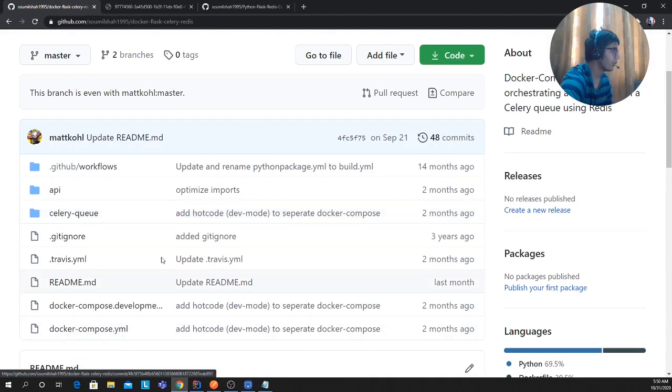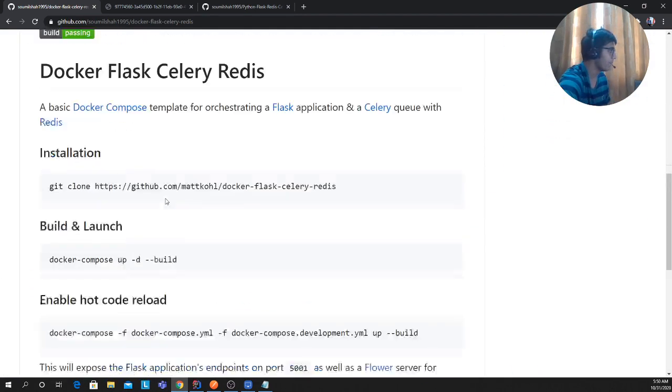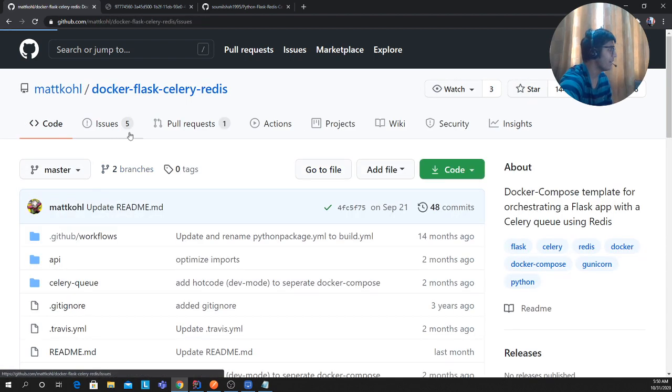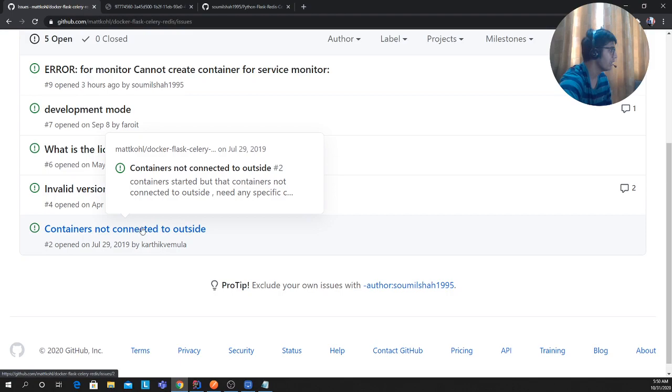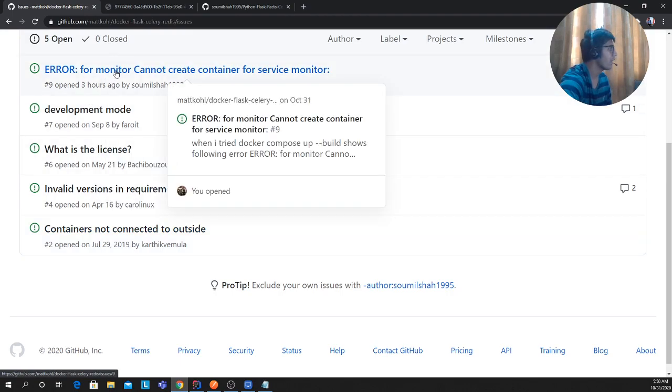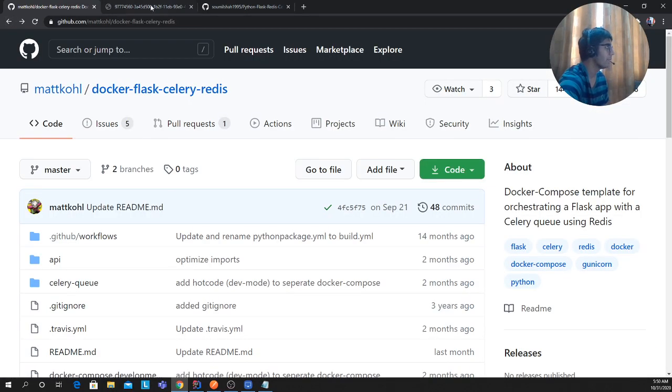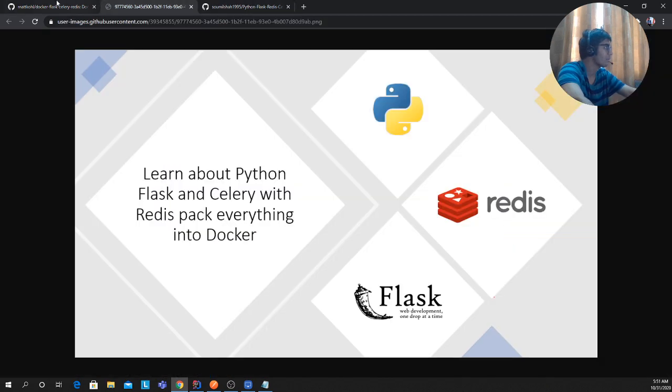No, this one had an issue. I actually forked from this guy, but it had an issue. I tried running this, and I actually opened an error. Yeah, that's the one I opened up. So I tried several examples from GitHub, and I'm showing you the one that is working, because I don't want to waste your time. You can come here and easily get the code, and everything works fine.